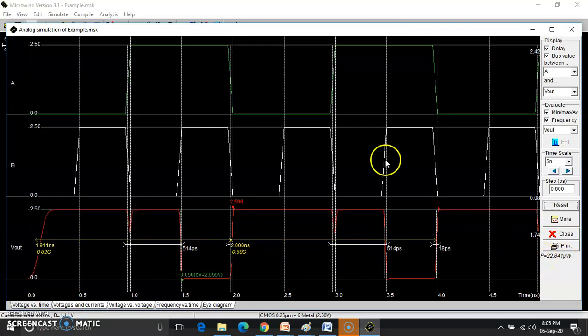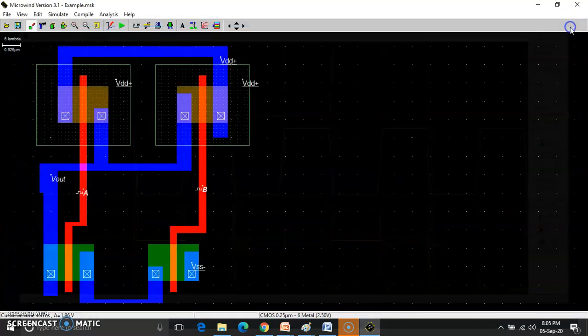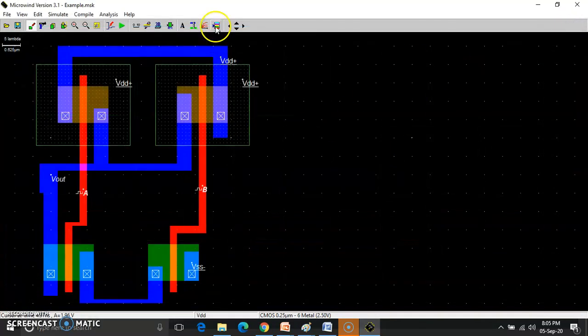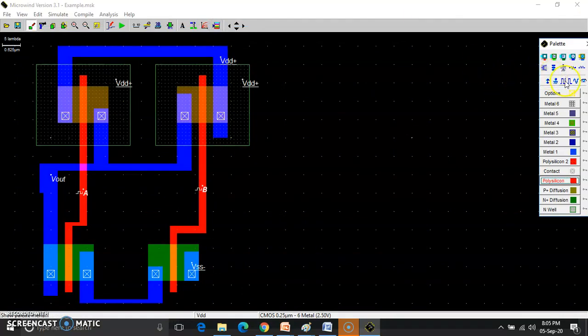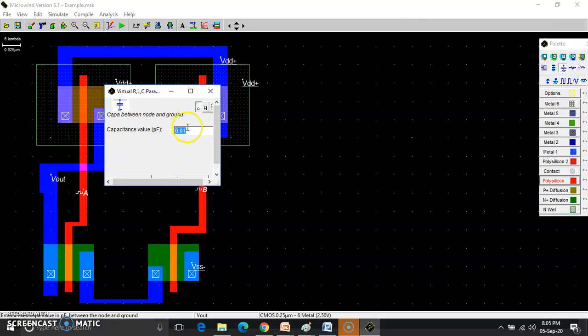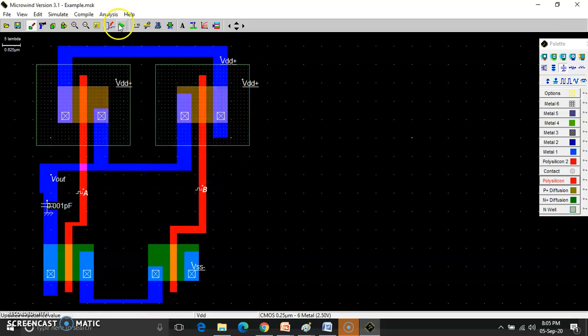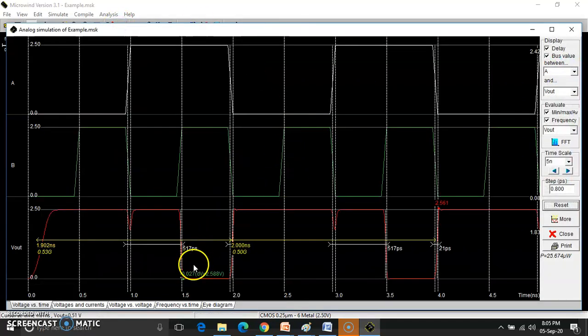Hope you understood, and in this way you need to again see the operation by connecting one capacitor across the load, and suppose that capacitor is 0.01, and I have applied that over here. Now check what change in the waveform rise time and fall time you are able to see, and you have to comment. Okay, so this is our second lab from the first practical only.